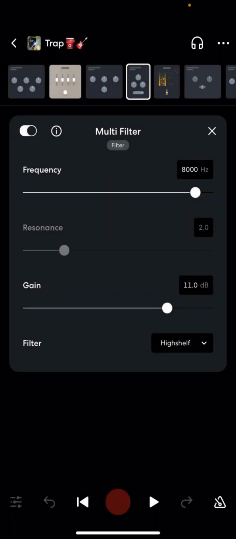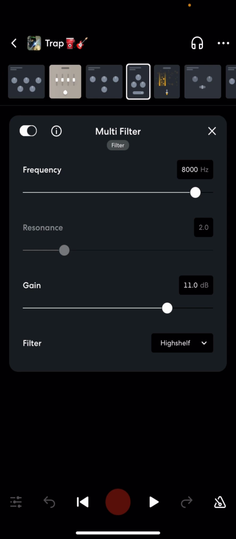Yes, sir. So the next thing I added was a multi-filter. The only thing I'm doing on this multi-filter is boosting the high end up some. Depending on how it sounded for your microphone, you might gotta take some highs out. If it don't sound bright enough, I will bring it up some. Y'all know I usually go with the exciter, but this gets the job done too. Hey man, so here are the settings I got right now for the multi-filter.